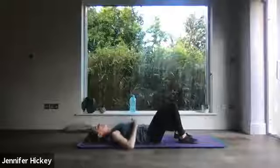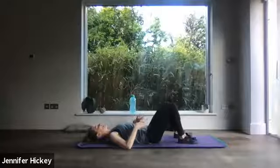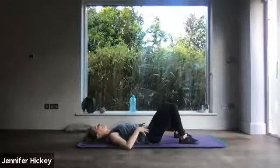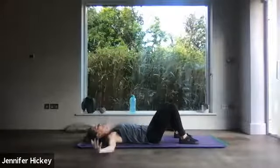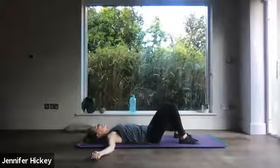Completely chill. So lay on down onto your mat, bend your knees, put your feet on the floor, take your legs a little bit wider than normal, so slightly wider than your hips. Go ahead, take your arms out to the side, palms facing up, and just notice where the weight is in